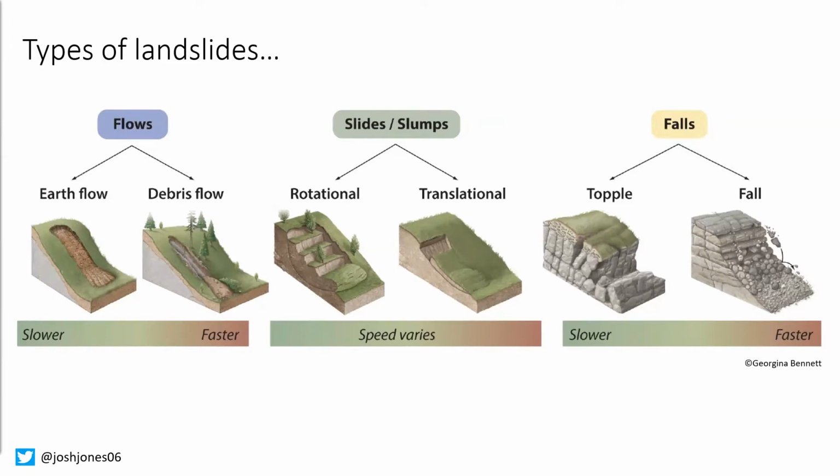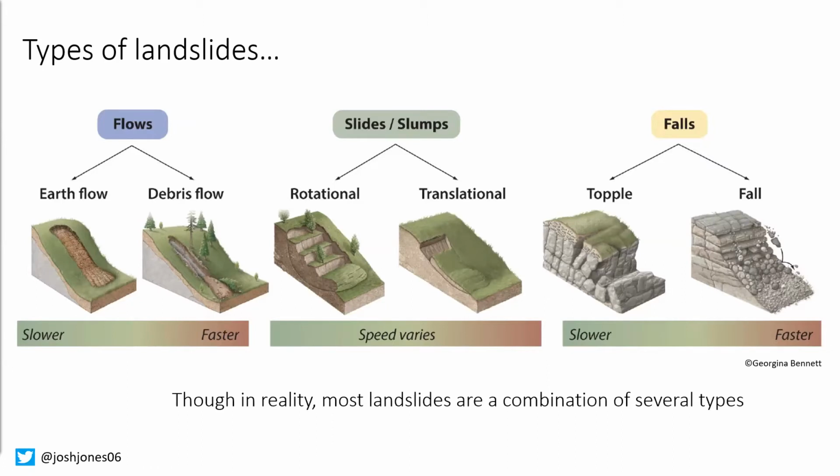And you can see that these range from very different flow events to slides to topples and falls. So the word landslide is very broad. And furthermore, whilst geologists could often be tempted to classify landslides into just one of these types, in reality, a given landslide event will probably include a variety of these different processes. And this already highlights that the word landslide is quite broad and includes many different types of process.